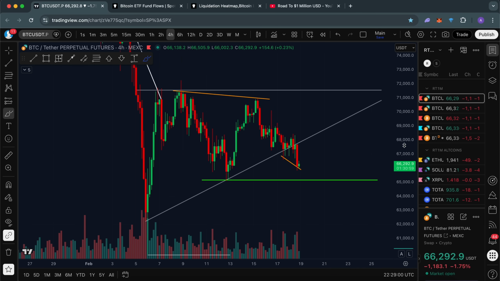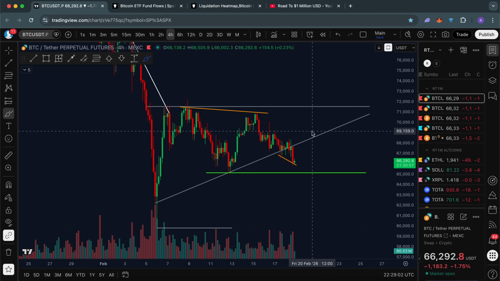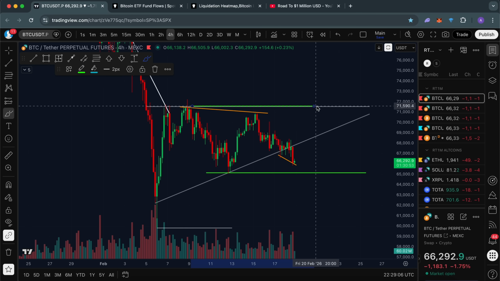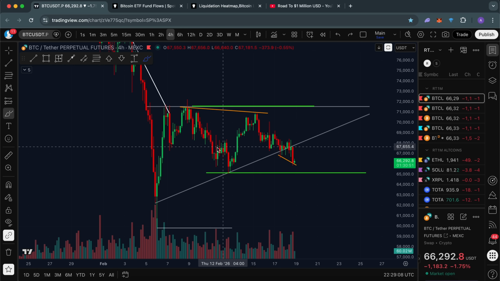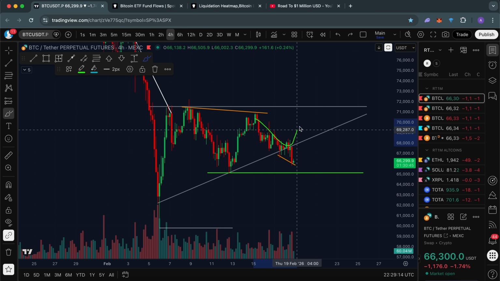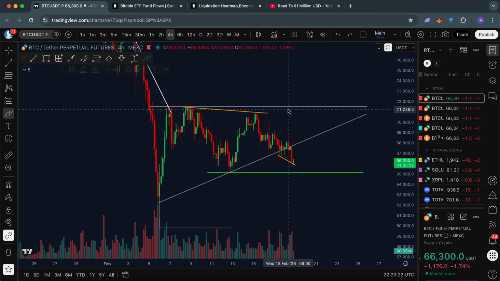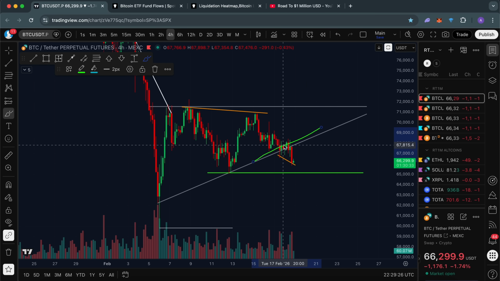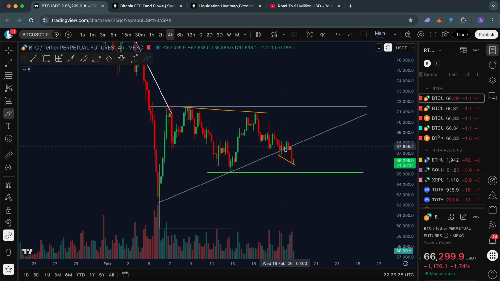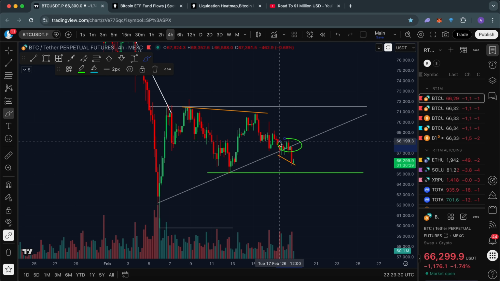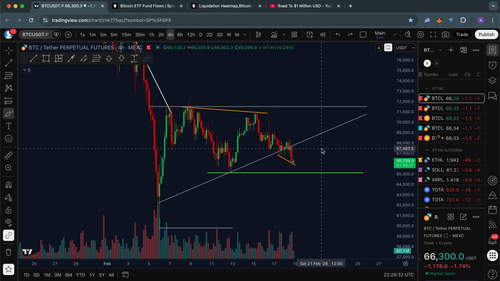Moving on to the 4 hour time frame, here we have another warning signal flashing. Recently we were looking at this potential ascending triangle pattern, and of course if this broke out to the upside at 71.5k, then it would set up some kind of bullish price target. However, it never ended up breaking out to the upside, and in fact now we have seen a break down below. So before it even broke out in the first place, we've already seen an invalidation of this pattern,